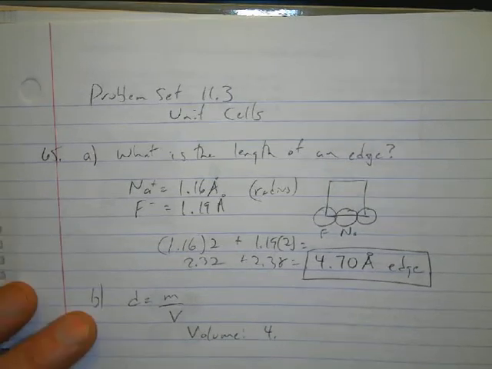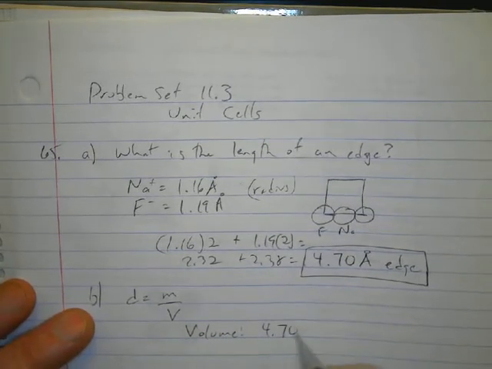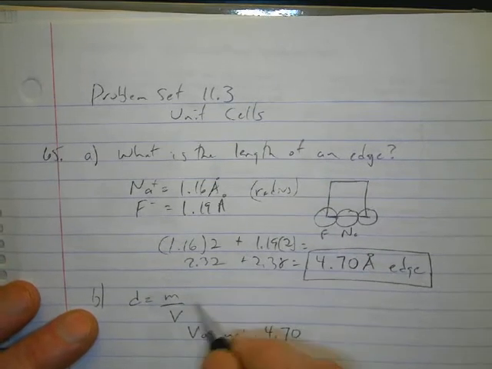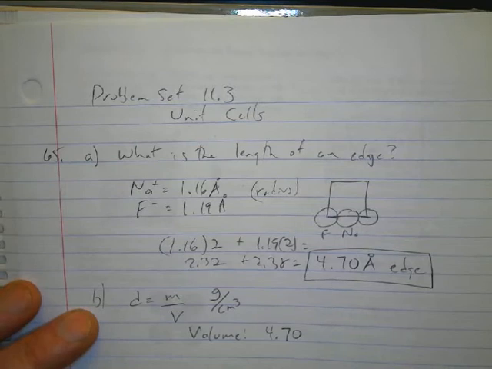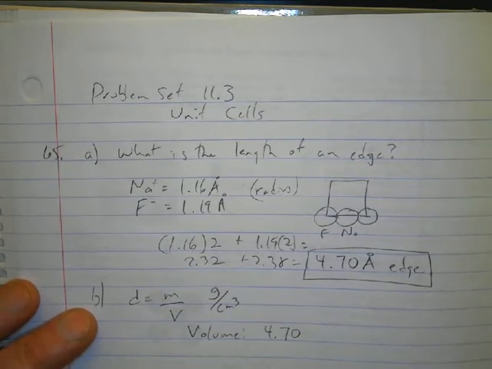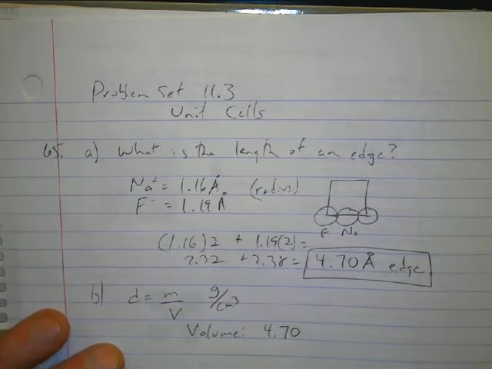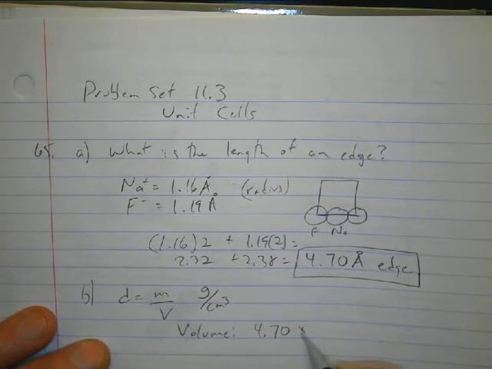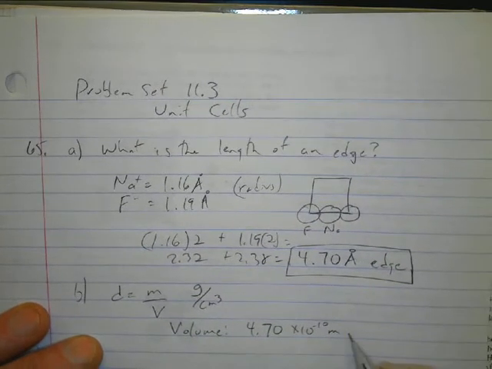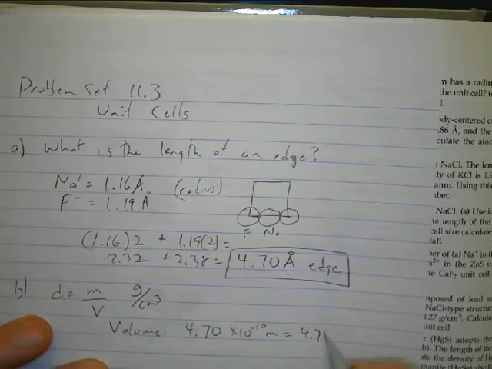But one thing I want to do is convert this, because your densities have to be in grams per cubic centimeter for little tiny things like salts. Okay? 4.70 angstroms is the same as 4.70 times 10 to the negative 10th meters, and that's the same as 4.70 times 10 to the negative 8th